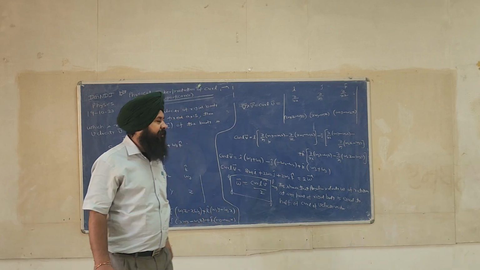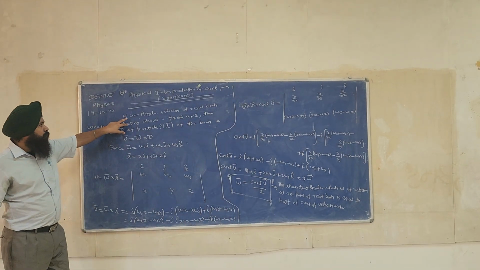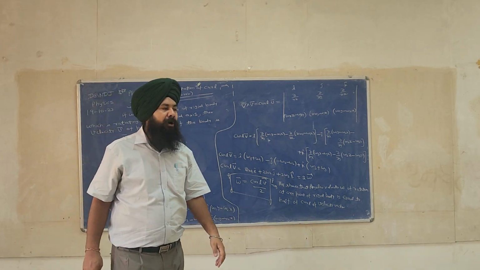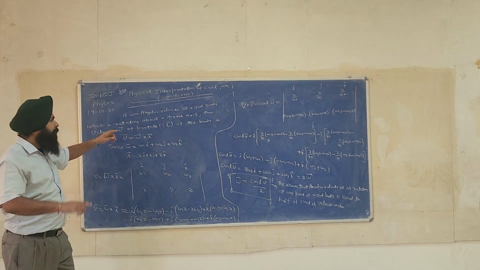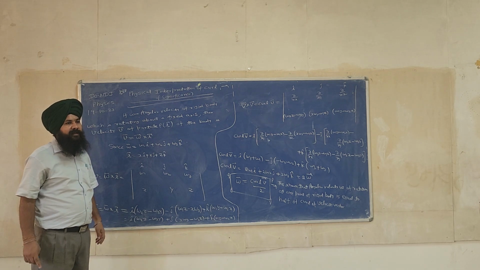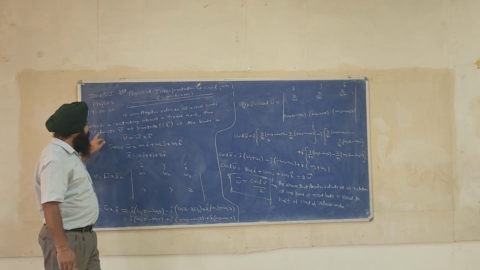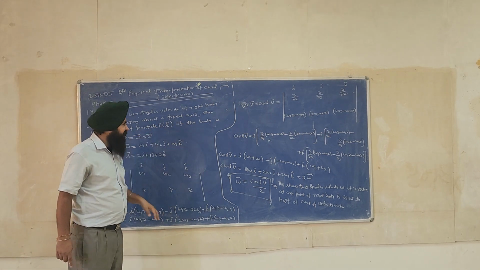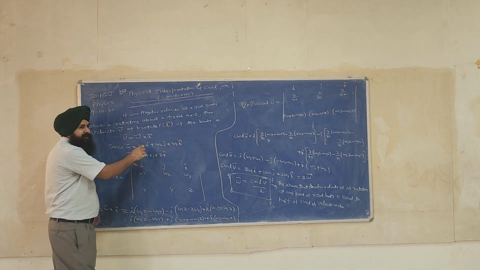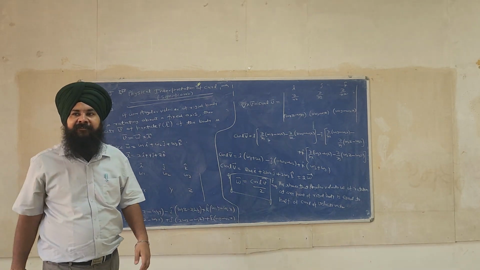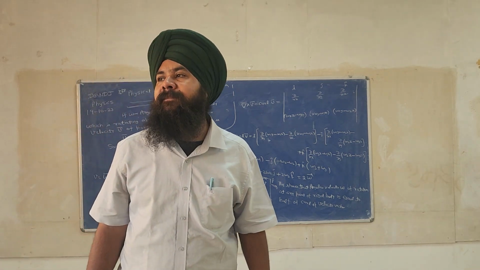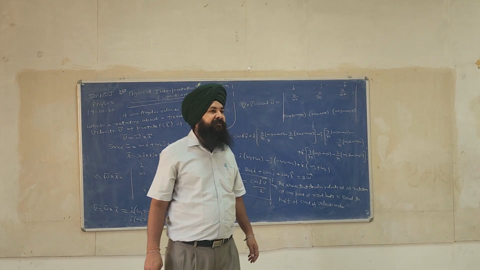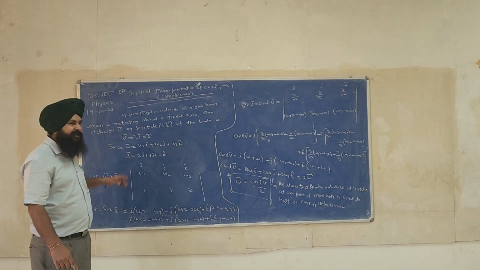Curl means rotation. Let us assume that omega is the angular velocity of a rigid body which is rotating about a fixed axis. Then the velocity v of a particle, that is point P of the body, is v equal to omega cross r. That we have taken from the lower classes, from the plus 1 chapter, rotational motion. The linear velocity v is always equal to omega cross r.